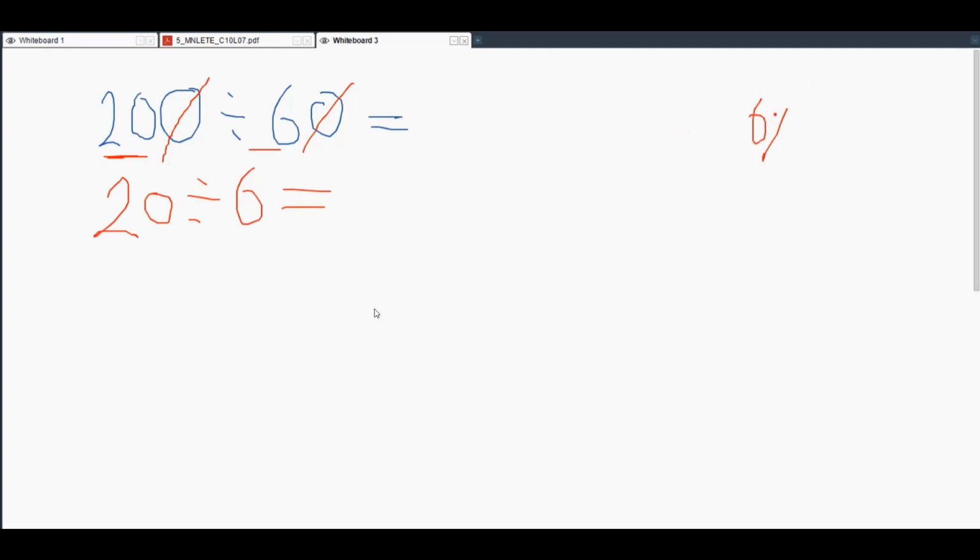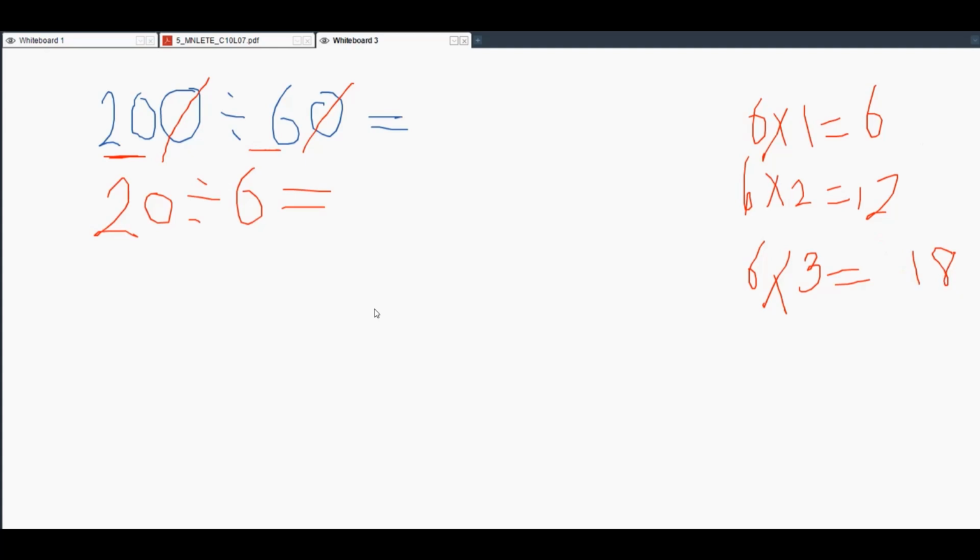Let's multiply 6 by 1 equals 6. 6 by 2 equals 12. 6 by 3 equals 18, and 6 by 4 equals 24. Can we take 24 here? We're searching for 20,